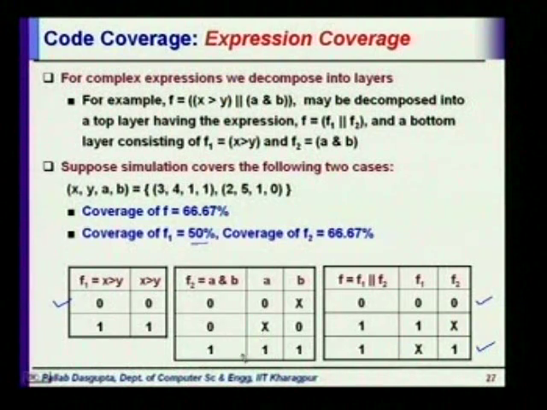So have we covered this case, the last one? We have. So this is this one, A and B both 1, so this is covered. Have we covered this one? Yes, because in this case 1 0, right. So we have covered this one. Have we covered the top one? No, because in none of these cases is A 0. So we get 66.67% coverage of f2,